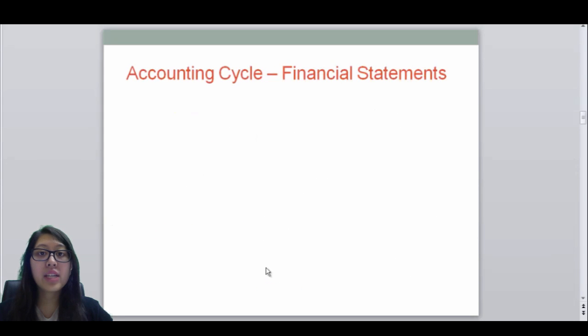Now, there are 5 financial statements that we use, and we are going to be presenting them according to IAS 1 presentation of financial statements. Now, the first financial statement I will be getting into is the statement of profit or loss. There is a particular format that we would normally follow. So when beginning a statement, normally we would need to post our company name first. So for example, ABC Co. And then list down statement of profit or loss and other comprehensive income